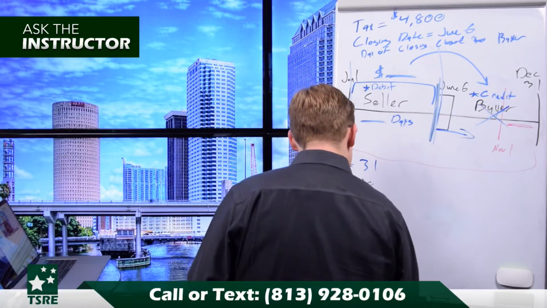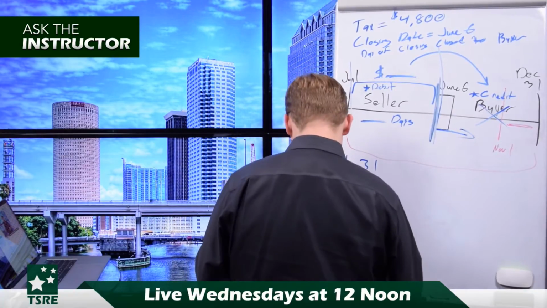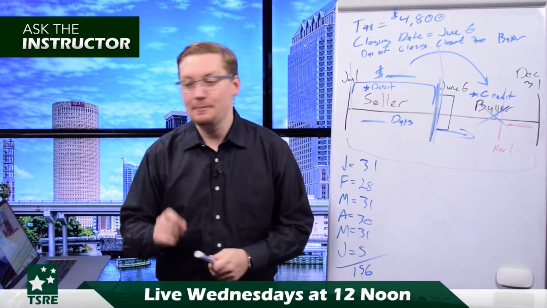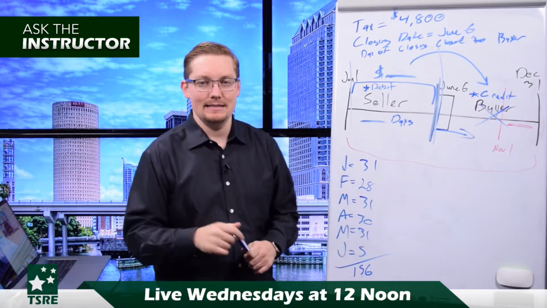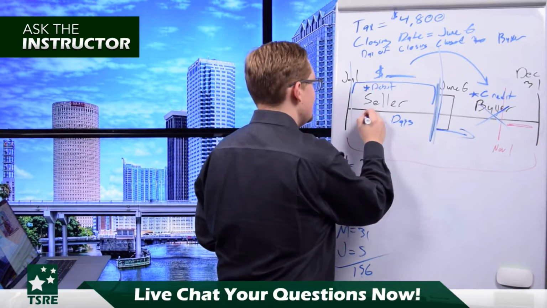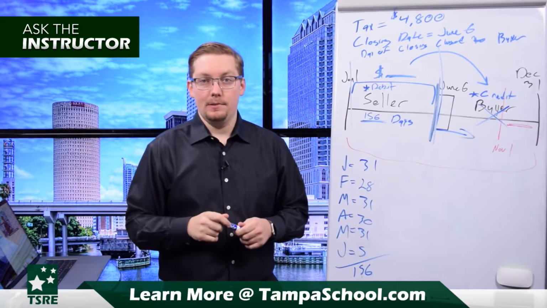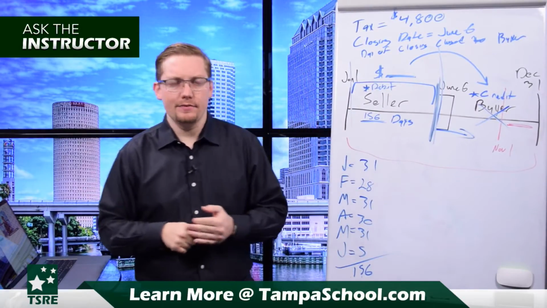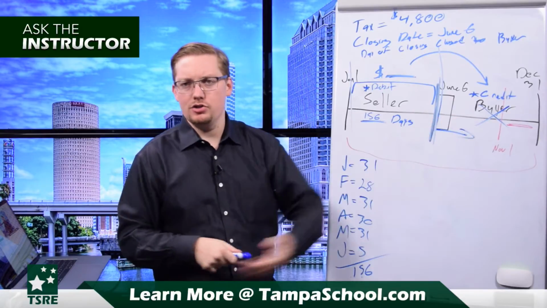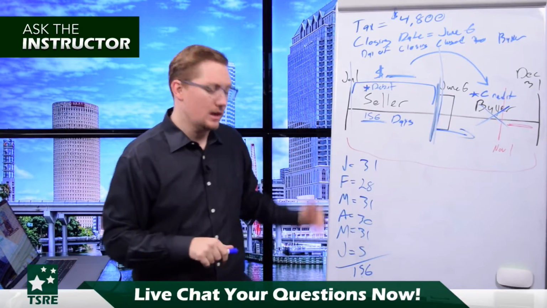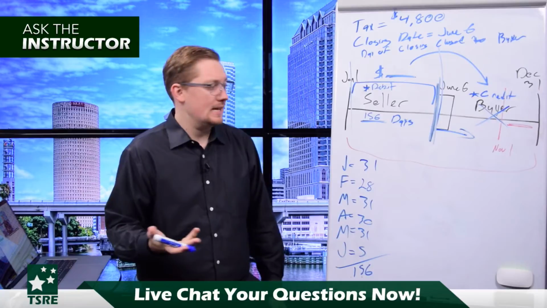If we added this up correctly, which hopefully we did, since we did it slowly, we should end up with 156 days. So we've got 156 days that the seller owns the property. A little bit under half of a year, which sounds about right because June 6th is our day of closing. And if you want to double check that, which I do recommend you do on the exam,